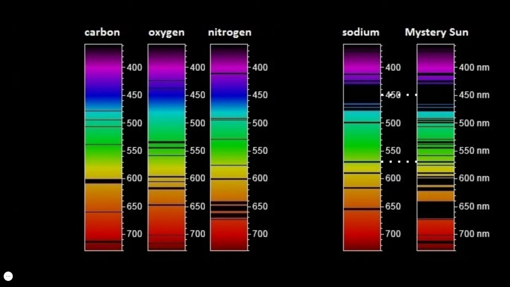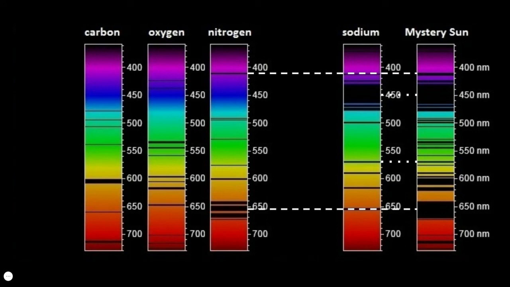All right, this one was hard, but the 4 present elements are carbon, oxygen, nitrogen, and sodium. So first, we are linking up those distinct bands with sodium. That band at 450 nanometers is what shows us that, for sure, sodium is in our mystery sun. For nitrogen, the distinct banding is really around the 650 nanometer mark. We do have a band at right around 400 nanometers that also sticks out, but the banding at 650 is the signature for nitrogen.